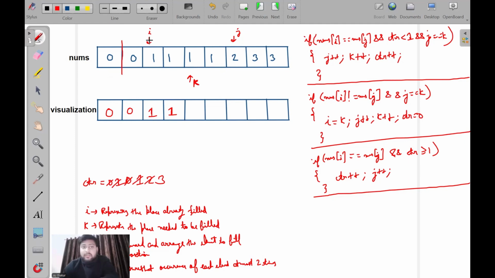Now again we will compare nums of I equal to nums of j. No, nums of I is not equal to nums of j. Okay, this is the condition, and j is equal to k. No, in that case j is not equal to k. So this is the fourth conclusion that we have made: if nums of I is not equal to nums of j and j is also not equal to k, in that condition